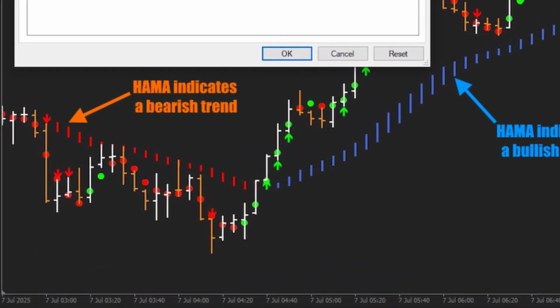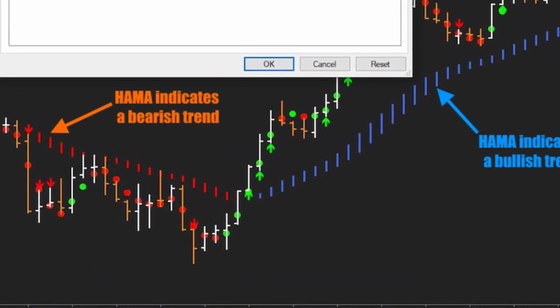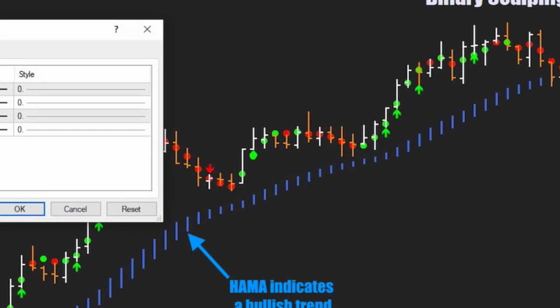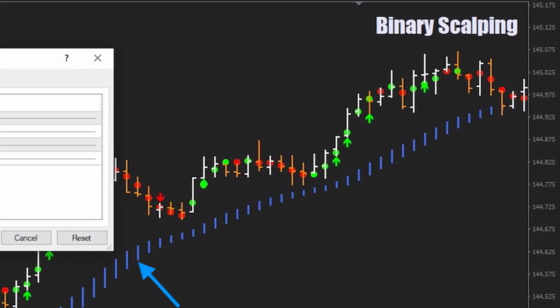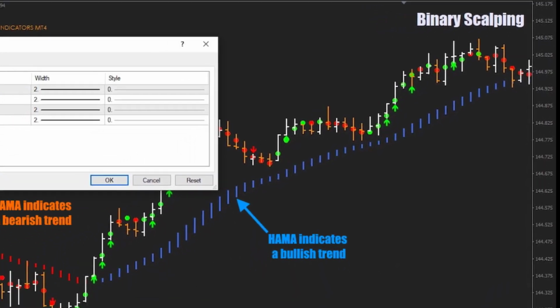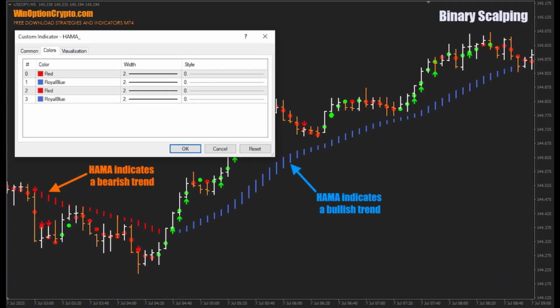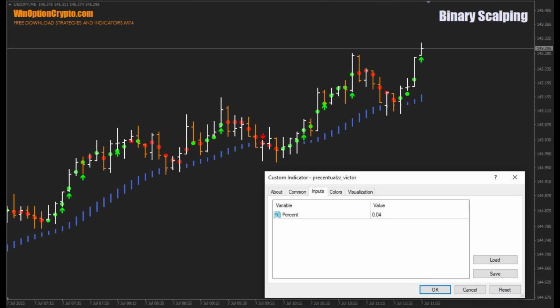The peculiarity of HAMA is that it applies moving averages of different lengths to the opening, maximum, minimum, and closing prices, and then processes them according to the Heikin Ashi formula. As a result, a unique type of bars is formed on the chart, visually similar to classic Japanese candlesticks. As you might guess, blue bars of the HAMA indicator signal a bullish trend, and orange ones, a bearish one. It is recommended to make trading decisions in the direction of the current trend, but we will return to this a little later. And now let's take a closer look at the third component of the strategy, the percentuals Victor